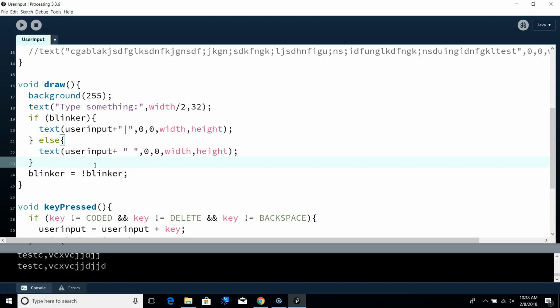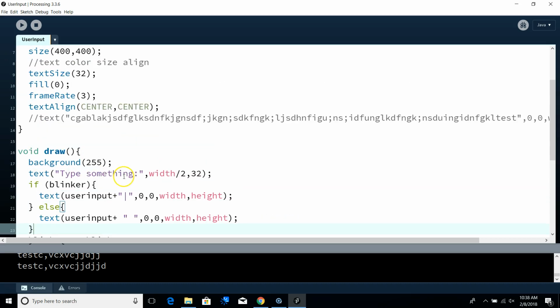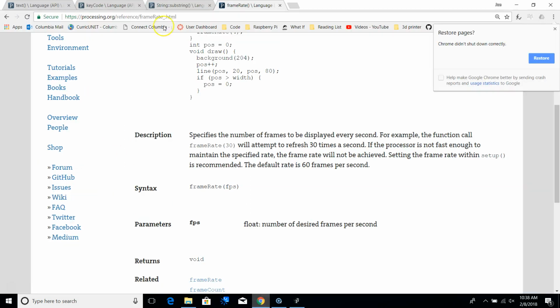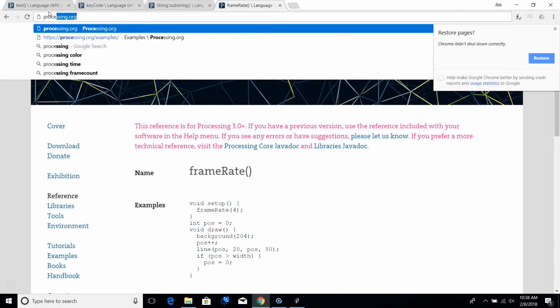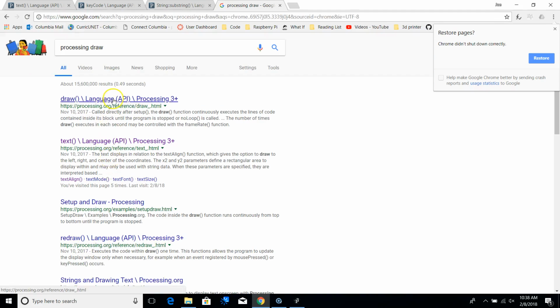What's up? Can I just give some advice? Yeah, sure. If we didn't know that was frame rate, if we instead typed in processing draw and then draw. At the bottom, there's related methods, so you might figure out from there. That's a really good point. So if you Google something related, like I want to know something about the draw method,